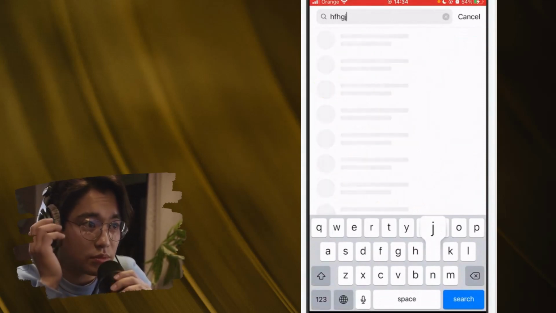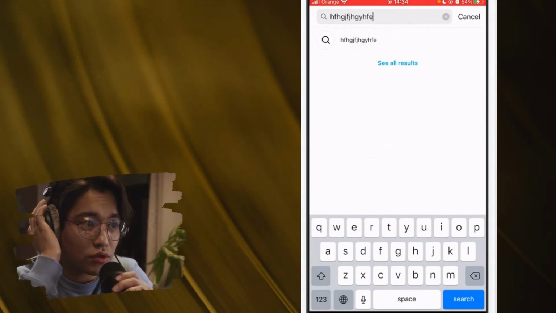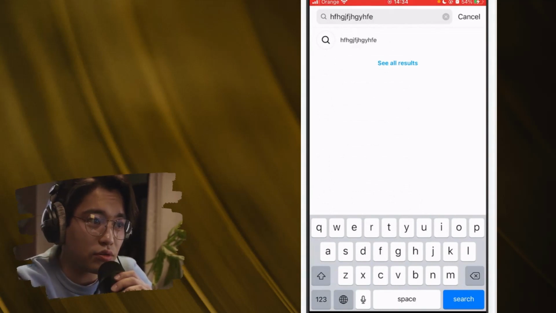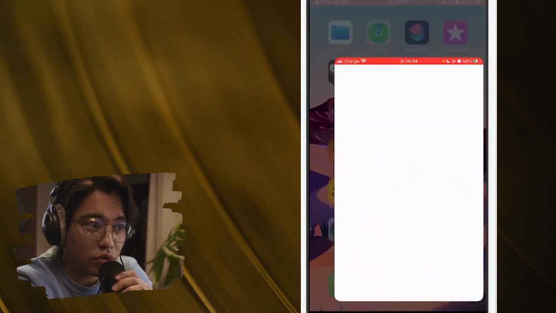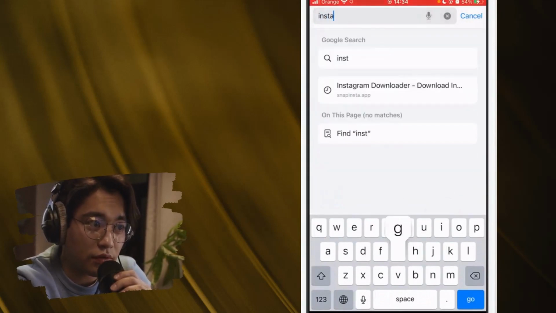Now if you search for that username and you don't see it in the search results, that's probably because this person blocked you. Now to make sure that this person blocked you, you want to go to Google, okay? You want to open your browser and search for Instagram.com,